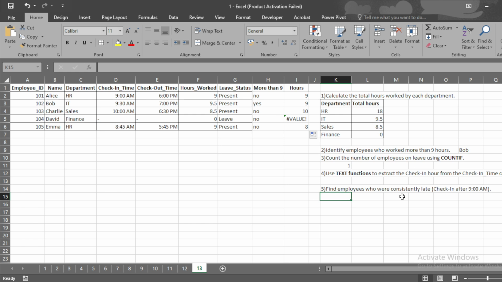But if an employee makes a practice of coming late on a daily basis, then it's not good for the employee or the organization, and it does not promote a healthy culture. So we need to identify the employees who are continuously coming late.